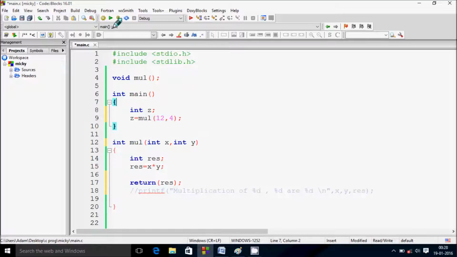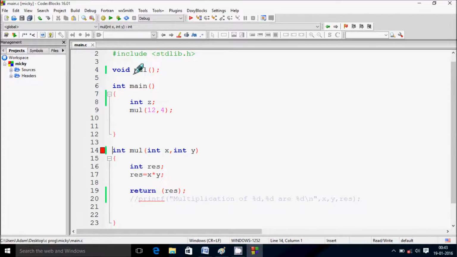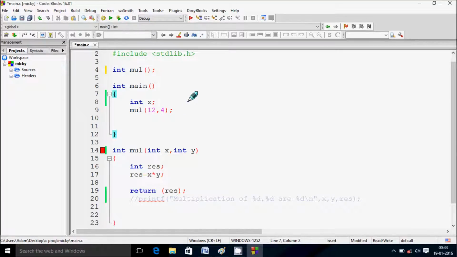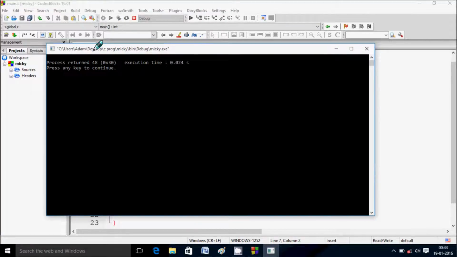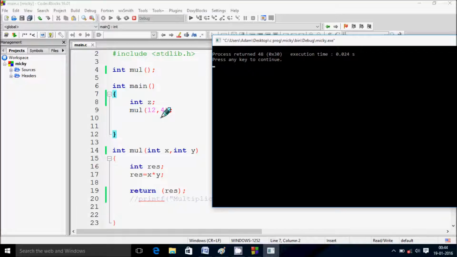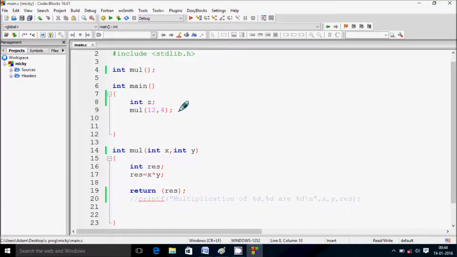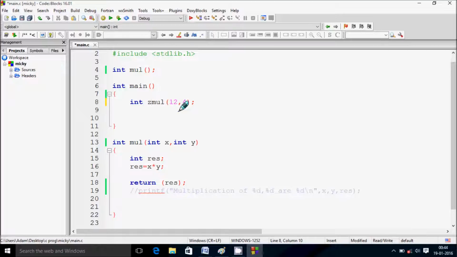So let's click on build and run, and here I'm getting an error. I think the function header was declared with void. Let's remove it, and click on build and run. So here the process returns 48, 12 into 4 is 48. Or you can write int z equal to mul 12, 4,